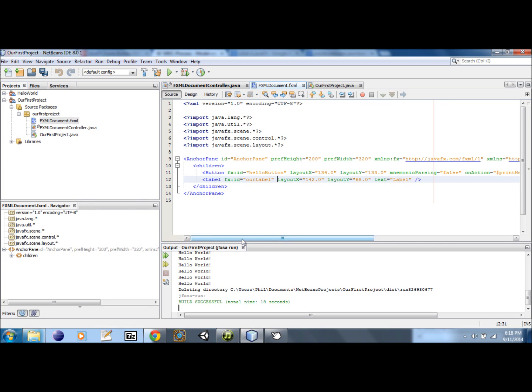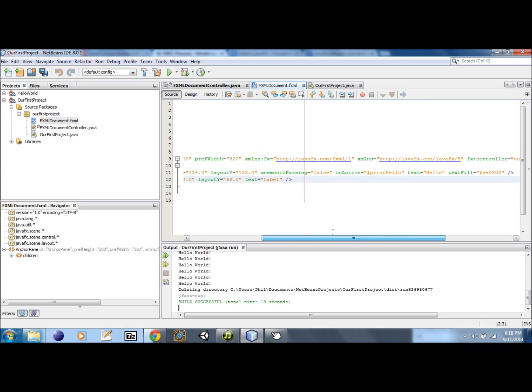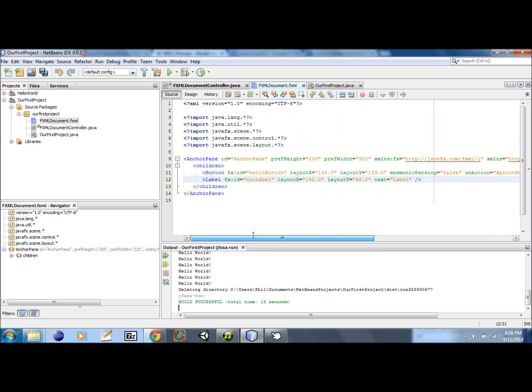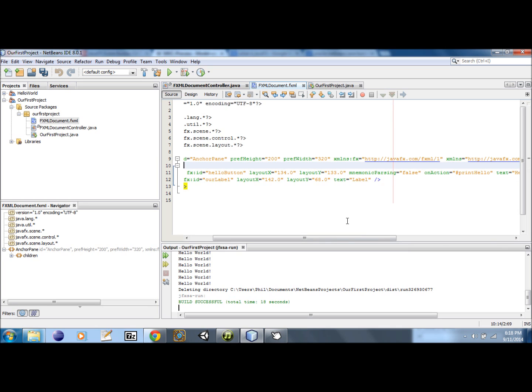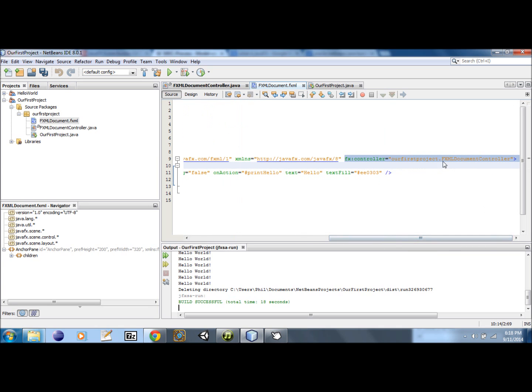So if we wanted to write our own controller, we would just create our own package, create our own different file name that's the controller, and then we would just change this. And then likewise, when we create elements, they're going to show up here, but you could just as easily create elements here that will then show up on your UI. Like instead of creating a button using Scene Builder, you can just essentially copy this and create your own buttons, labels, whatever elements,